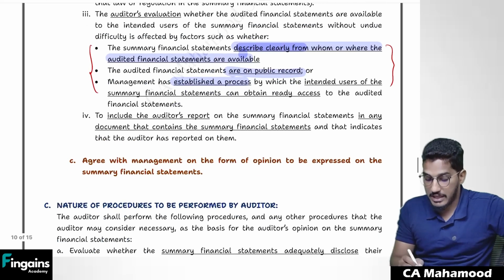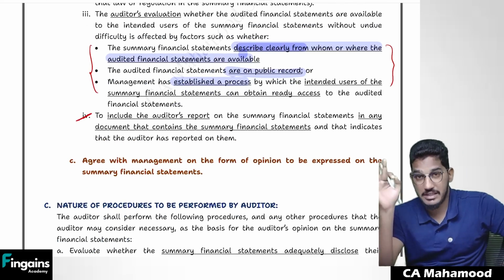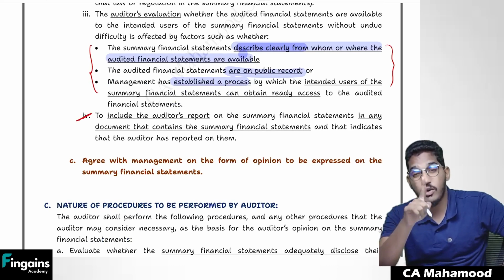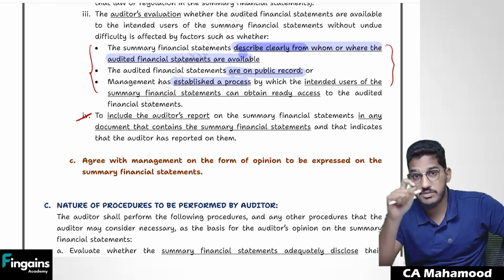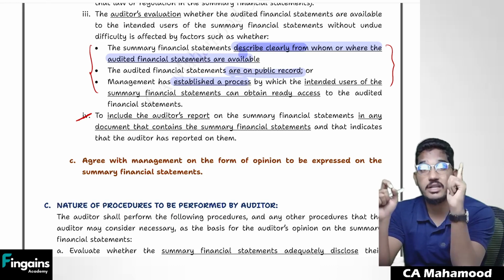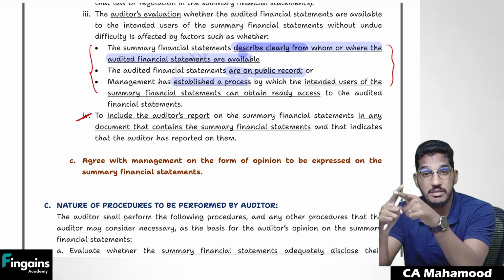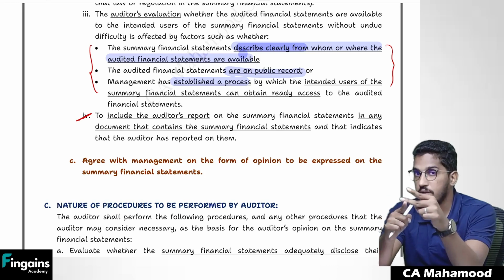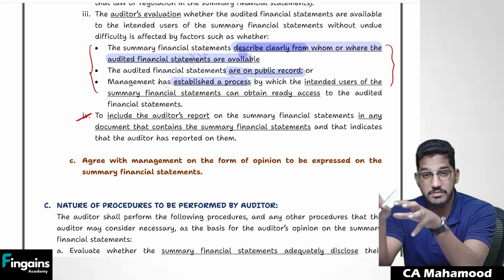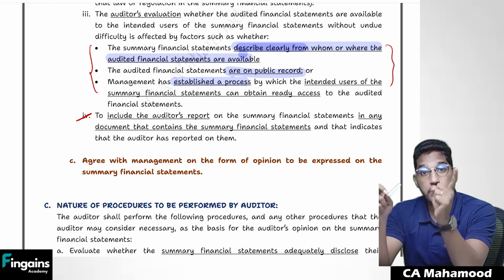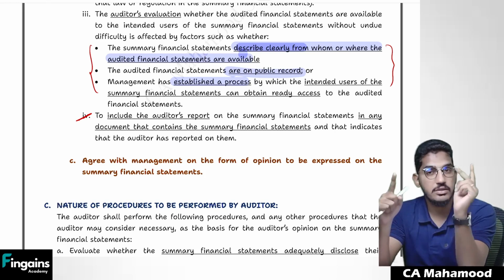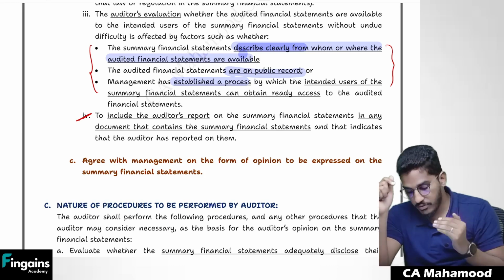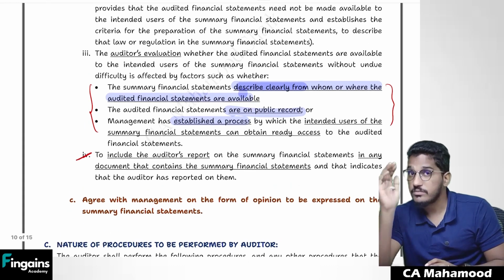And also, wherever management is circulating the summary financial statements, you should make sure that the audit report is going along with those summary financial statements. You should take enough care. You should ask the management to give a written agreement. Sir, wherever you are circulating summary financial statements, circulate them along with the auditor's report only. You are saying somewhere these summarized financial statements are audited, but if you are not adding the audit report, that is a mistake. So it is the responsibility of the management, wherever they are circulating the summarized financial statements, that they must be attached with the audit report. So regarding these four responsibilities, ask the management to give a written agreement.